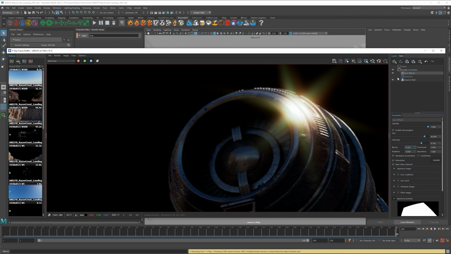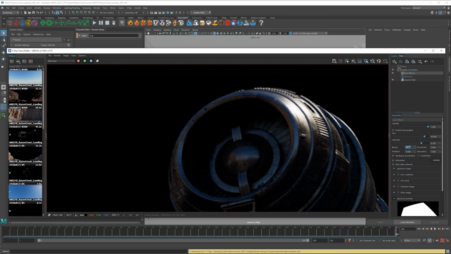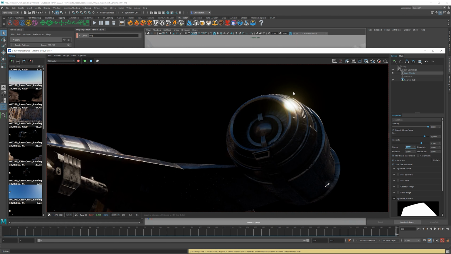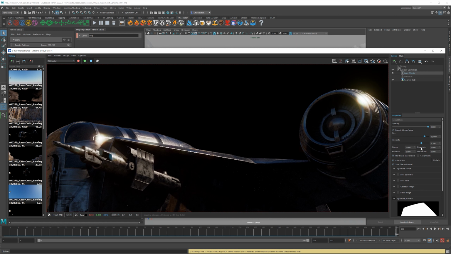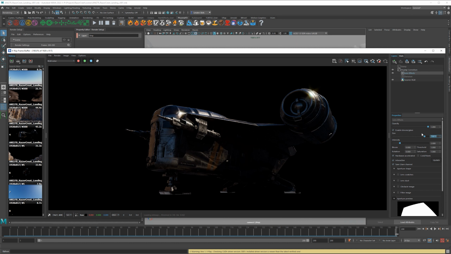If you do that at like 1, it's more just going to be like a glowy highlight. I like the glint at 0. So that's up to you though. You can choose what you want. For the intensity, we can always change that in post. The size though, we can't really change in post.